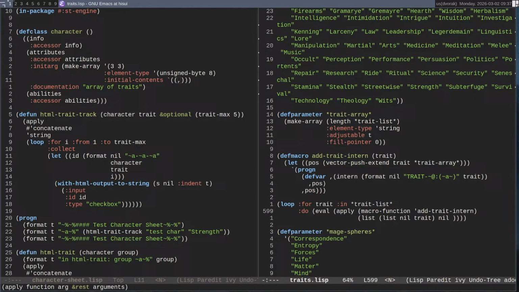And then we are turning that macro into a function, we're applying it to list nil trait nil, which is just what you have to do to apply it to this specific macro for whatever reason.